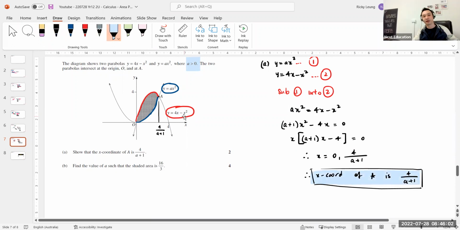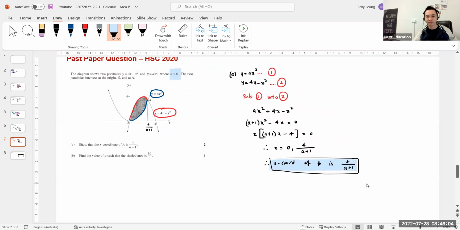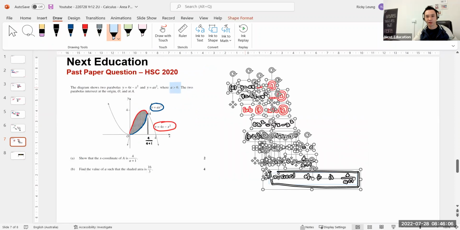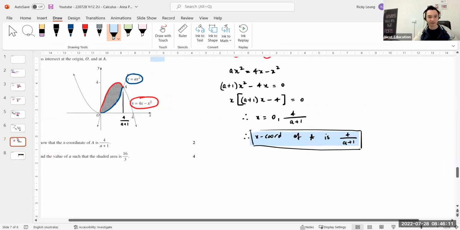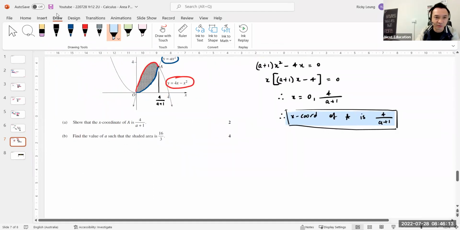Now, next part is similar to what we did before, right? So I'm just going to move this up, give me some space. 4 marks. Wow. Okay, cool. So same deal as before, guys. Basically for part B, find the area of the shaded area. It feels like all I've got to do is go from 0 to the point of intersection. In this case, I think the numbers will be just ugly because a is on the bottom and stuff like that, but it's top, so 4x minus x squared